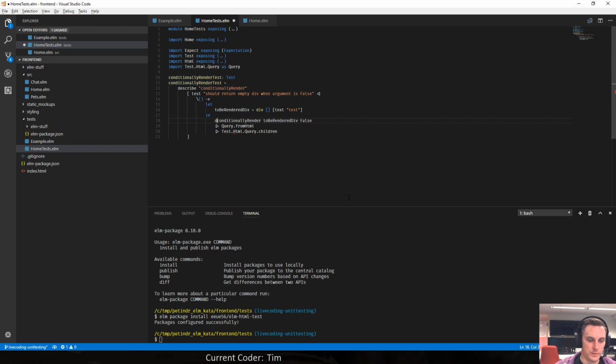So if I go like this, then I have a wrapping div, which I then pipe through to from HTML, which I then can ask, give me all of the children that have tag div, which should supply me with the output of this thing.